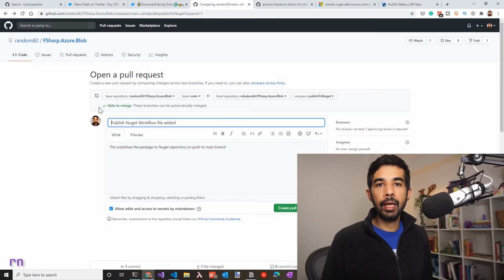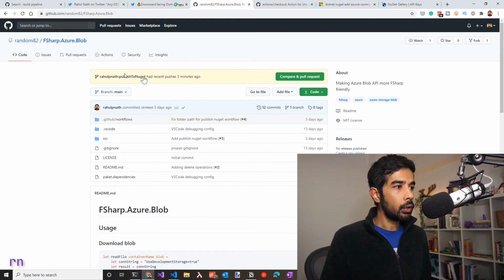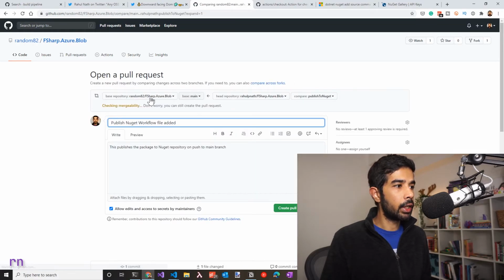Now once you have set up this pipeline, you can raise a pull request and merge this into the source repository, which in this case is my friend's repository. I had already done this before recording this video, so I'll not bother creating a pull request again. But you can come to this particular code branch, which should prompt you to raise a pull request. And clicking that should give you an option to raise a pull request against the base repository and specify the particular branch that you want to raise the pull request from.